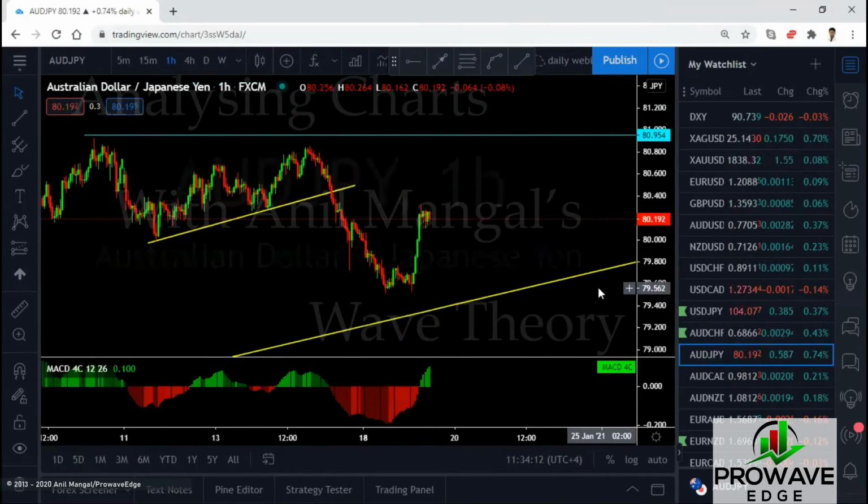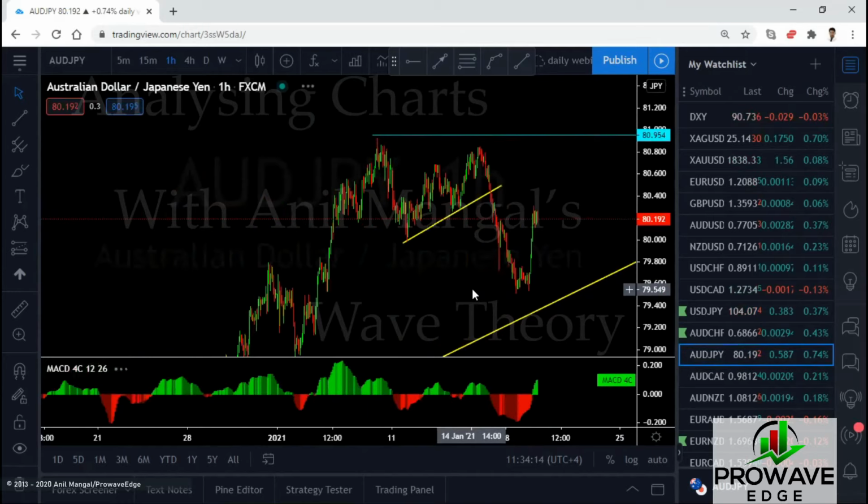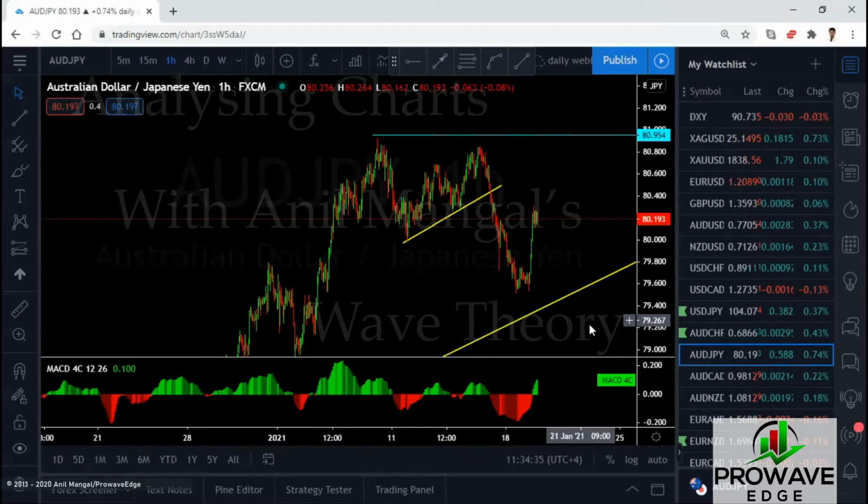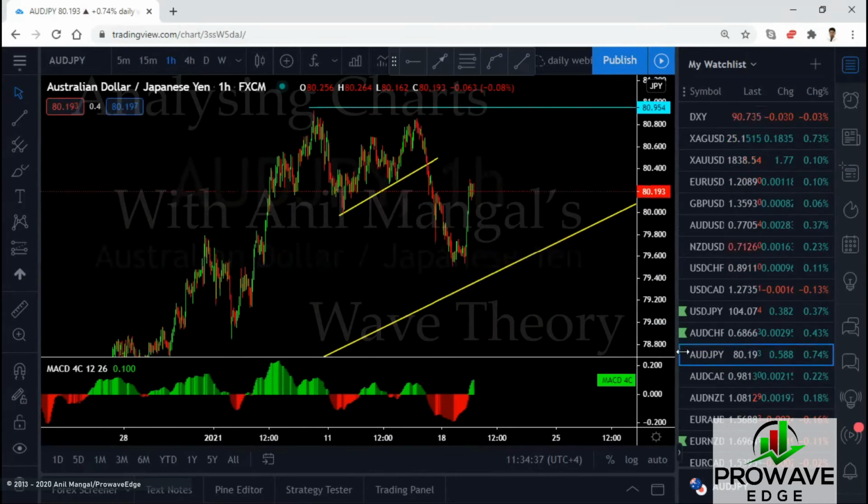Aussie yen. Aussie yen gives a buy. Nothing new here. You could have actually got this from here because we've got a 1, 2, 3. All the Aussie pairs yesterday were buys, right? The Aussie Swiss, the Aussie yen, the Aussie CAD, the Aussie New Zealand. You can get another buy here if this goes. See this one here? See these here? You're looking for a buy. We can get this trade. It might make another correction here and then go. So there's a trade set up there for a buy.